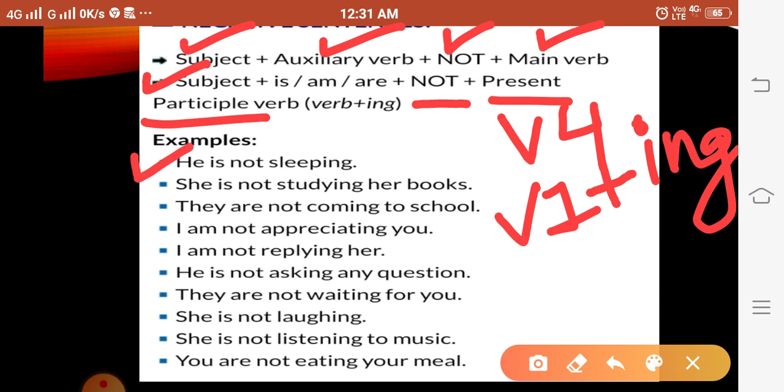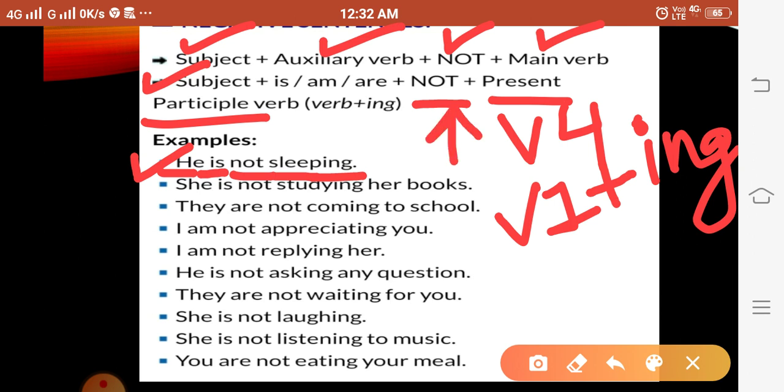Examples: He is not sleeping. He is a singular subject, is a singular verb, not is used, and then the main verb, which is the fourth form of the verb, also called the present participle form, which is made by adding ing to the first form of the verb. So here the first form of the verb is sleep, that became sleeping by adding ing to that. Clear? Now other examples, I'll read them out for you,